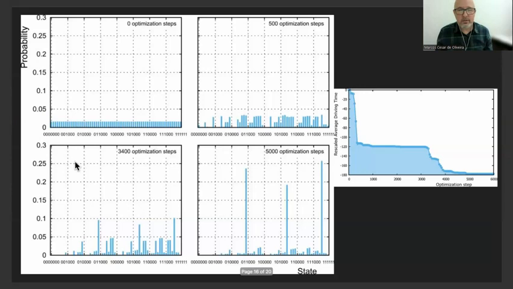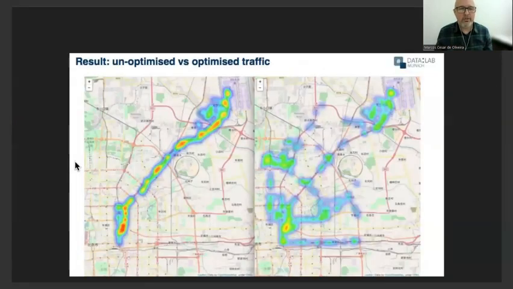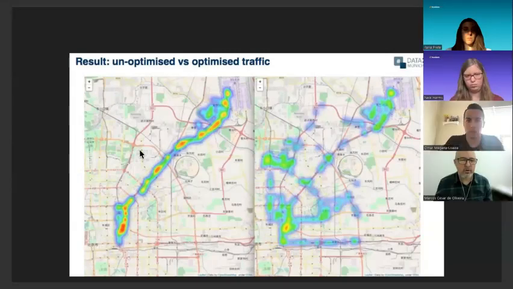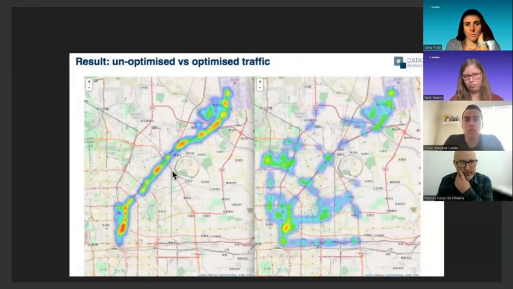You can extend this if you go, for example, for optimizing traffic. So we have here some condensed traffic between 2 points in a city, but if you optimize it, you can actually distribute it around the city. So this is one possible application that, in principle, if you use a quantum computer to distribute among those many routes, you can get a better time for optimization against what you get in a classical computer.